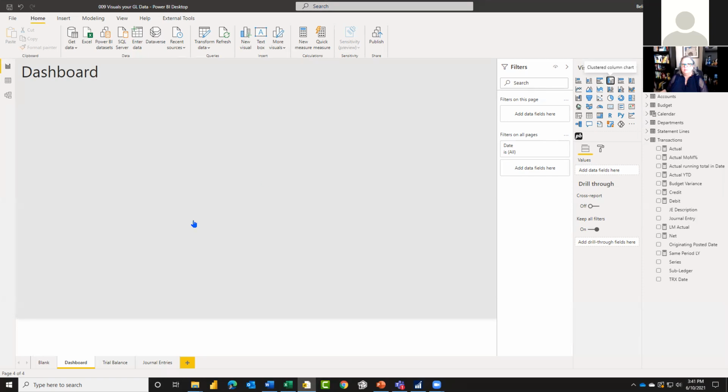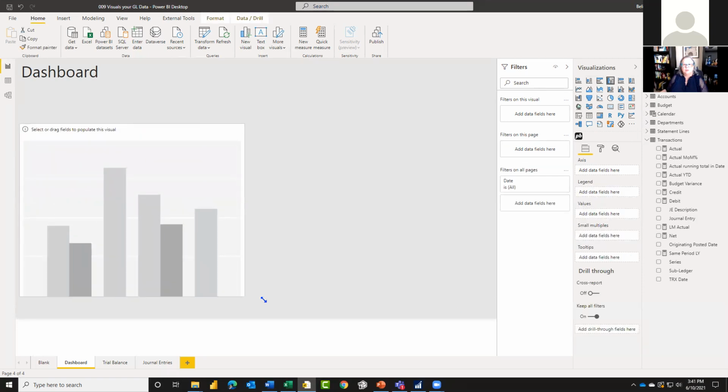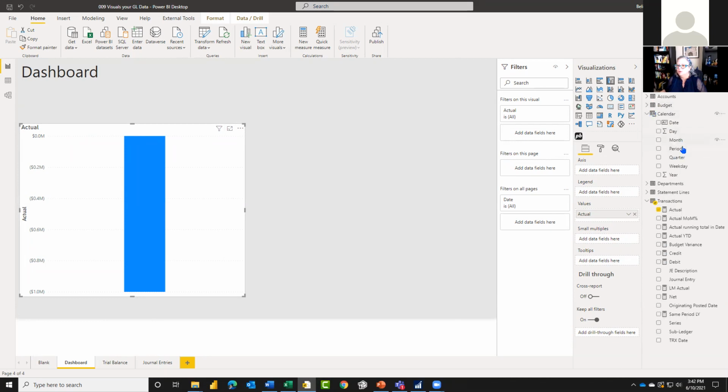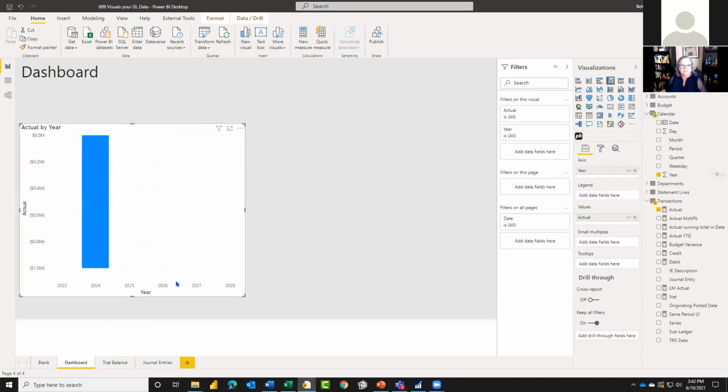So for example, if I come in and add a clustered column chart, and I could start populating my field, I'm going to take that actual number and put it in values. And there is my actual number right there. And then let me also go to calendar and let me put in year in my axis so I could see my actual numbers by year. Now this is because I have unit accounts out here. That's why I'm seeing that. This is the unit account value. Everything else is